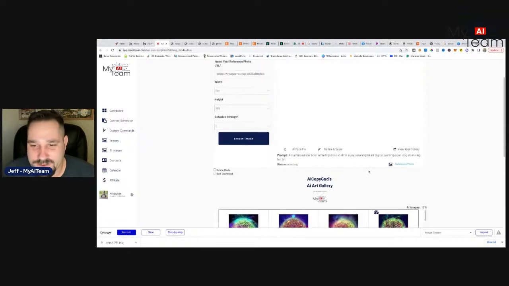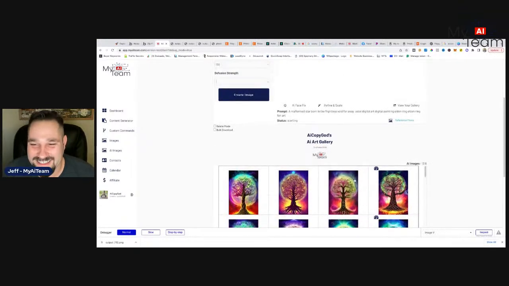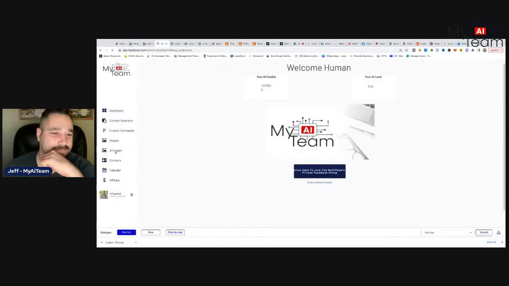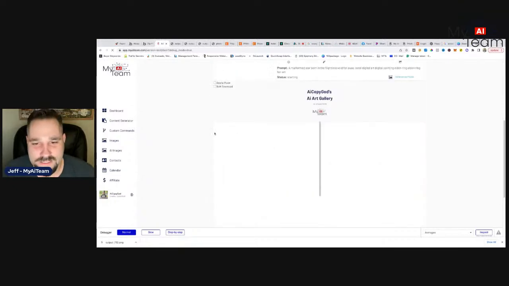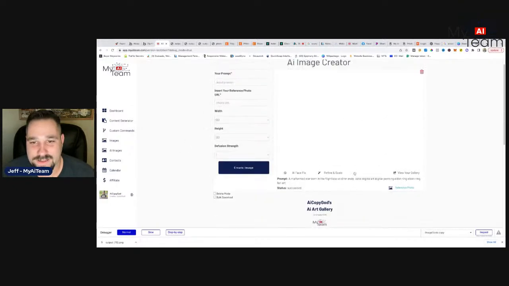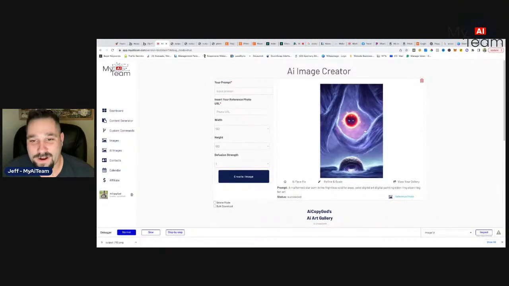Hopefully we get our images. Where are these? Let's refresh this page. Let's see if our image is loaded. There they are. Okay, so they're loading. Here we go. All right, so we have some images,